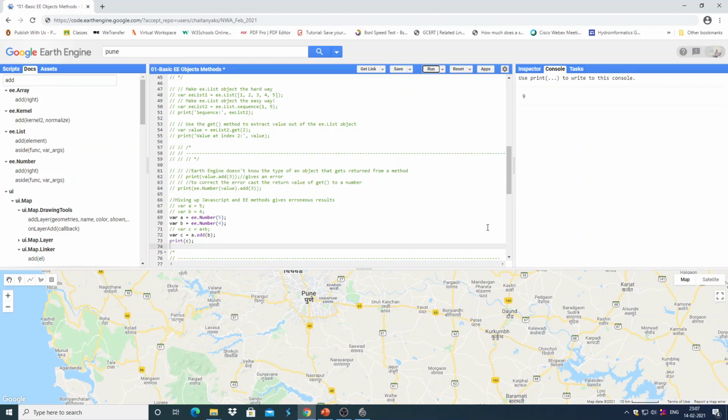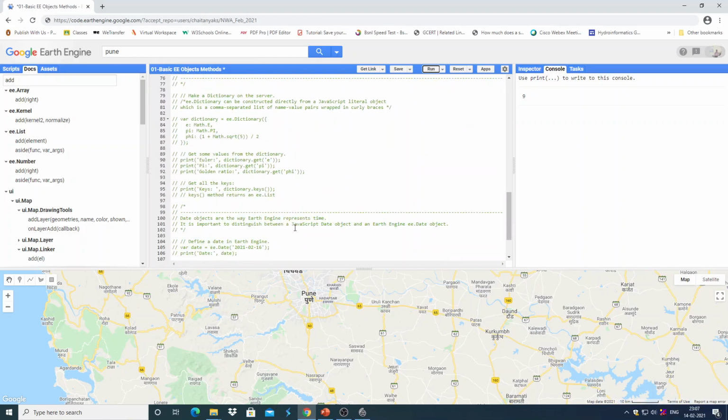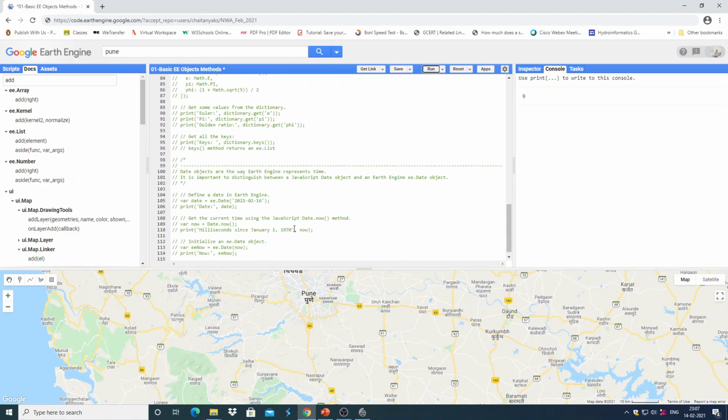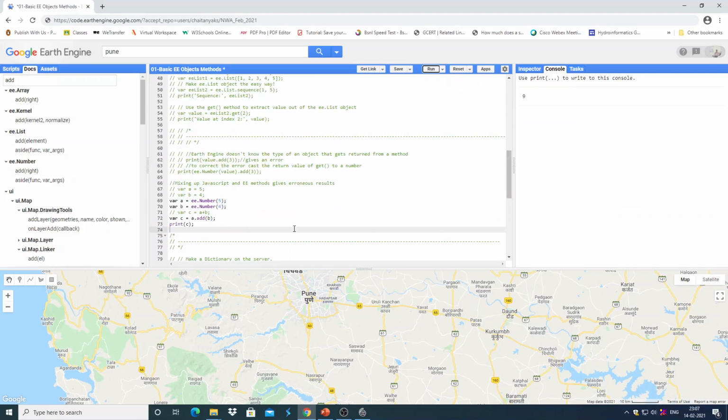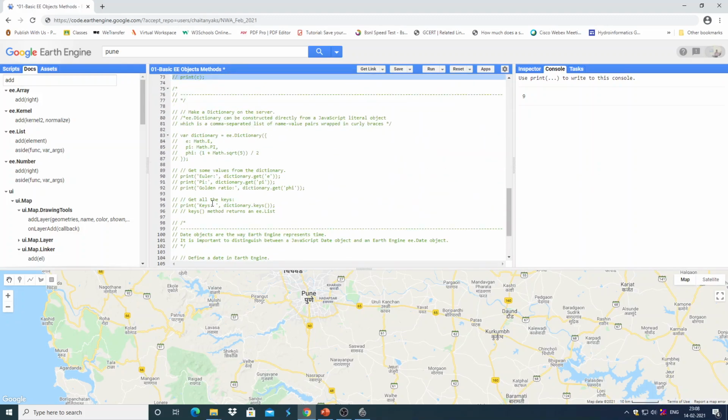So I think that is enough. Hopefully you got it by now. You can go through the remaining scripts at leisure. One more important aspect which we have to see is the dictionary part, which I am skipping.